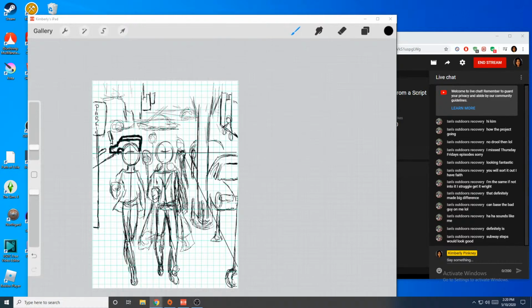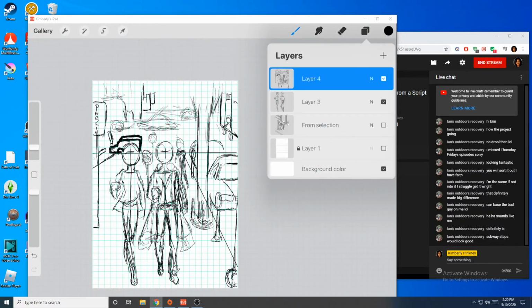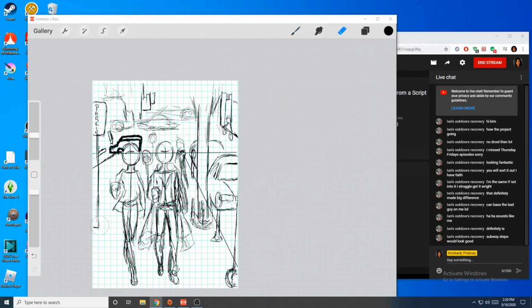Good idea. Let's see. We got parking. We need some subway steps somewhere. Yeah, we're gonna have a car go through the subway. Yeah, that's the ticket. Let's see, and then we got the underground parking garage, and then we'll have subway steps somewhere